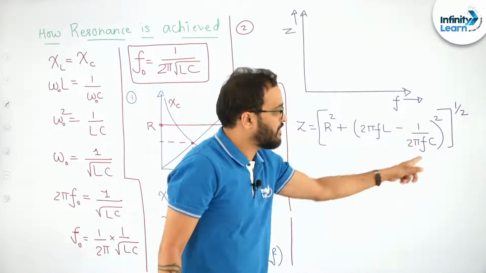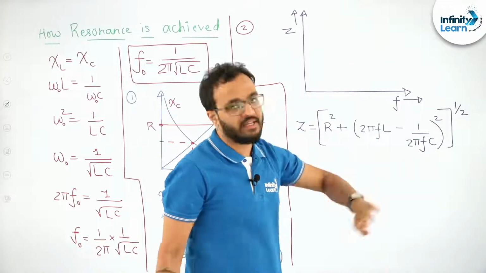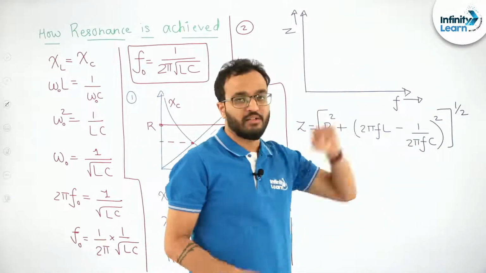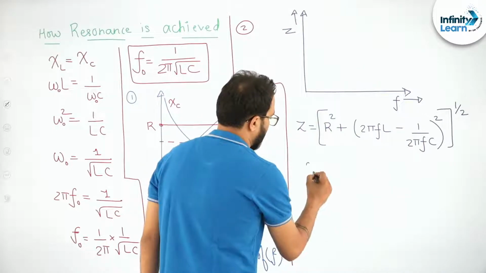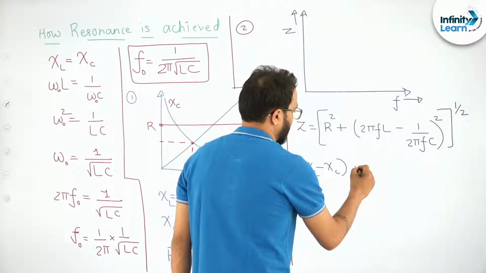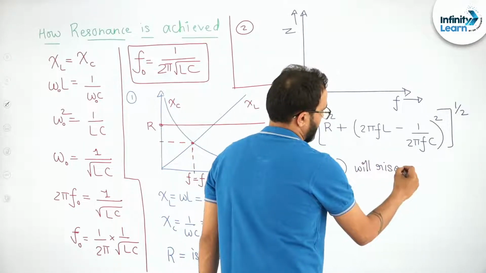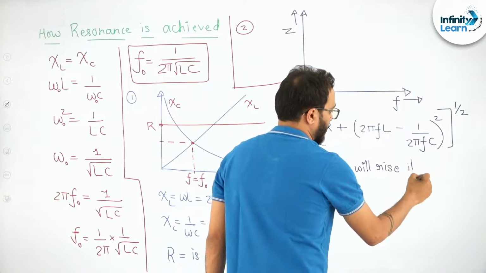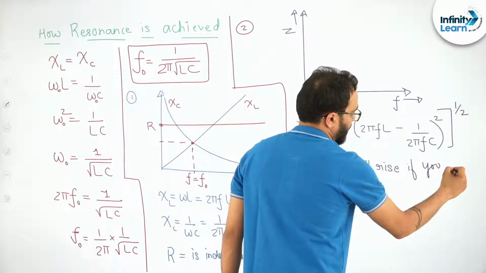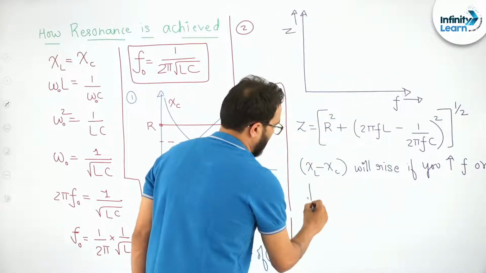Then XC, this particular parameter, will rise, and since we are squaring it anyway, this thing will rise. So we can say the XL minus XC factor will rise if you increase f or decrease f